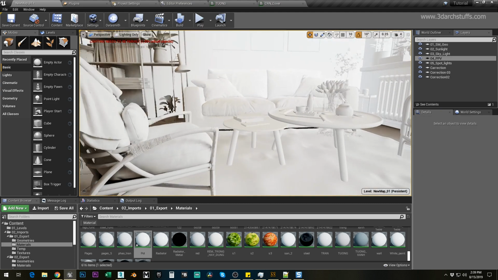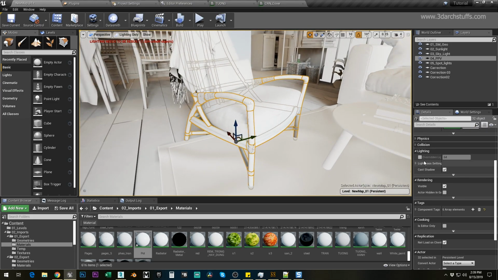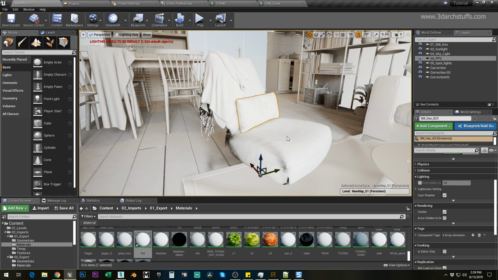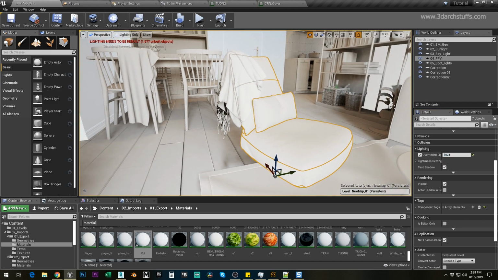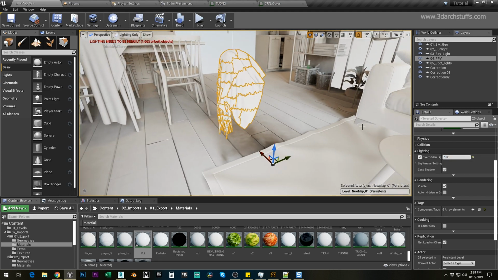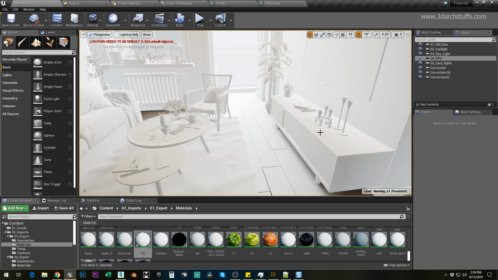Control H, so take your time, don't be impatient. 1024, and then 1024, and then 512. Control H,